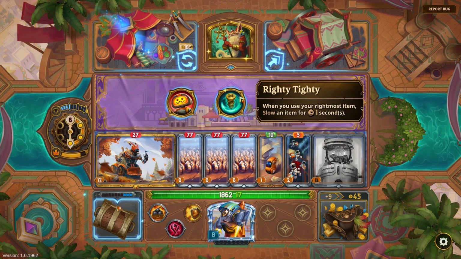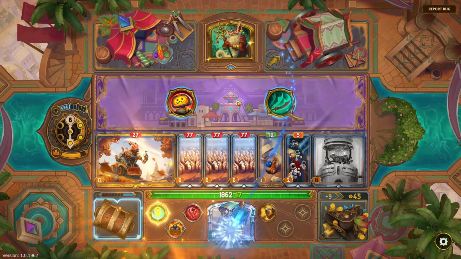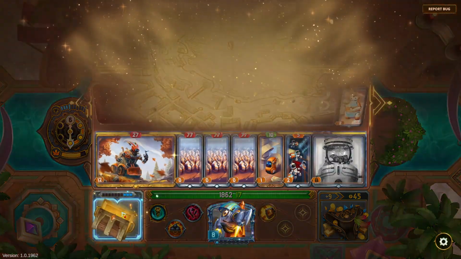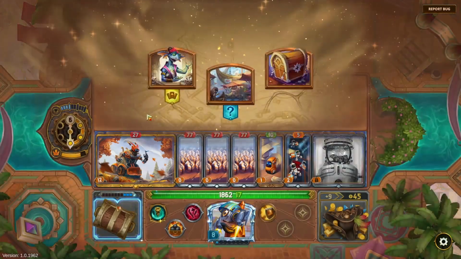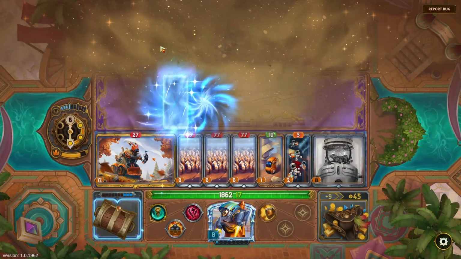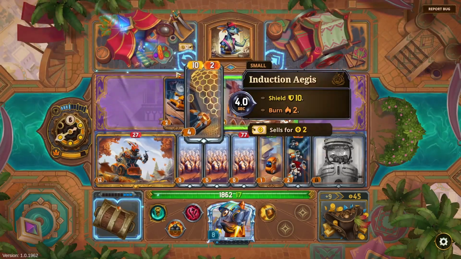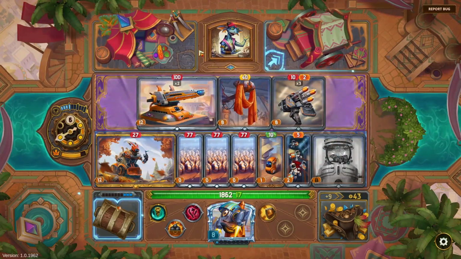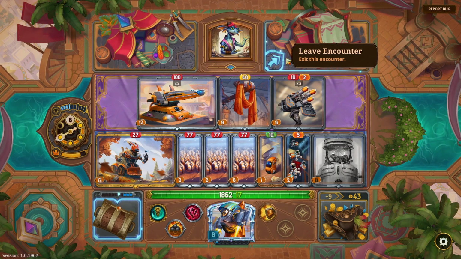It was already a long shot, and there was no shot after it actually came through. So I think that's for the core. Every time we... So that was righty tighty or righty loosey or whatever. The skill that slows one item for 1 second every time we use the core,